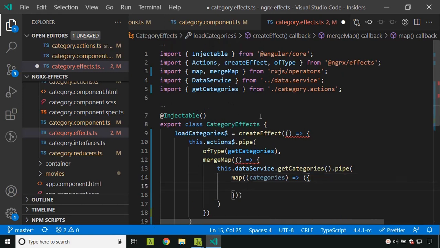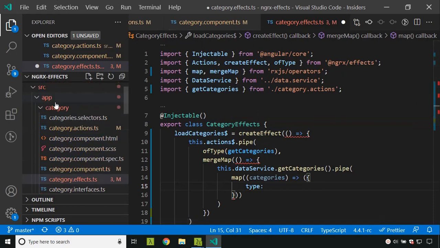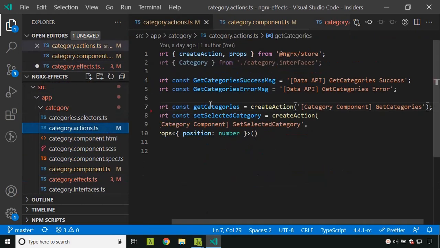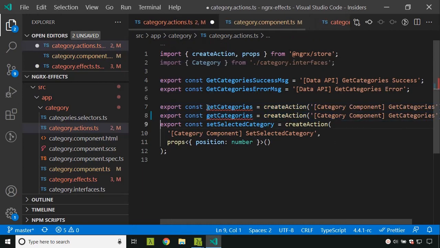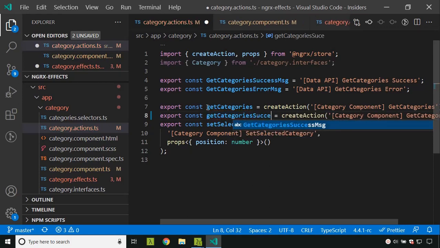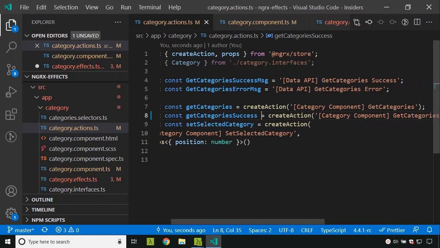So here we can provide the type, and I need to create an action first. So I will duplicate the get categories. I am giving the name as success. So I will use this custom message I have created. So this is the data API get category success.